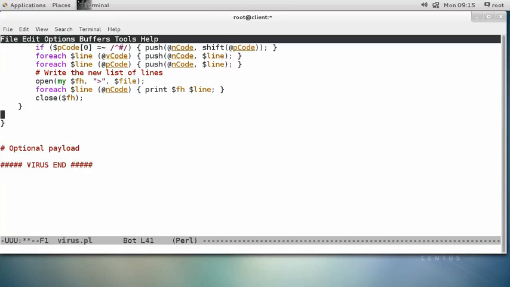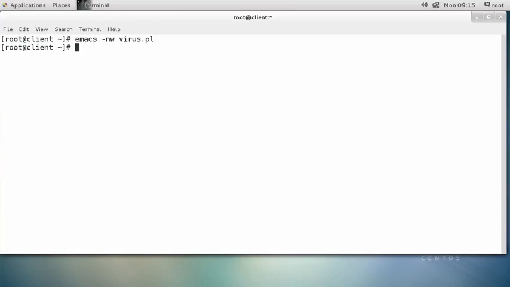And that will get the file all written out and we'll be done. At this point we should be infected, and we can do an optional payload, but we're going to skip that because we don't need to do anything. Write this out. Set our permissions for our virus. 755. Now, in order to see what things look like, let's create a second file, hello.pl, to make sure things work and infect properly. So do emacs hello.pl,